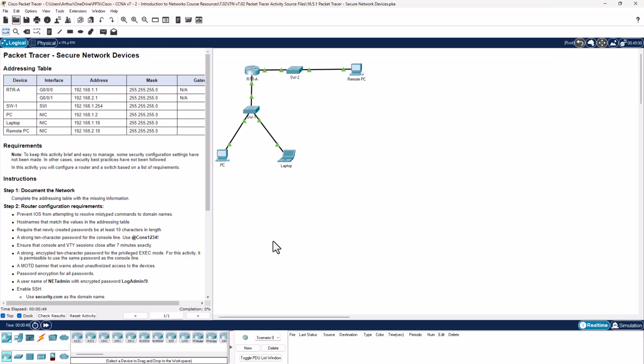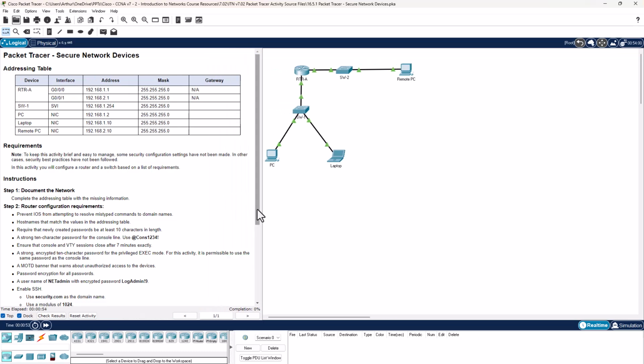Alright, with that said, let's look at our requirements. Securing network devices. To keep this activity brief and easy to manage, some security configurations have not been made. In other cases, security best practices have not been followed. You need to complete the addressing table with the missing information. We do not have the gateway details for switch 1, PC, laptop, or remote PC. That's step 1. Step 2, we need to